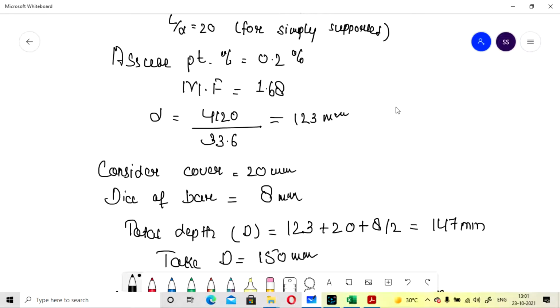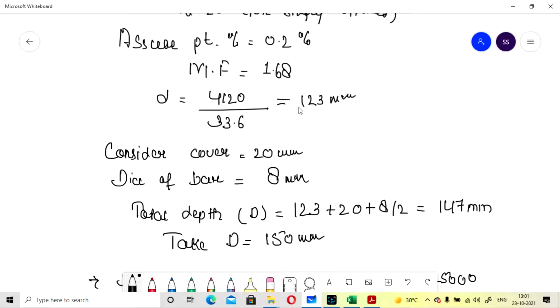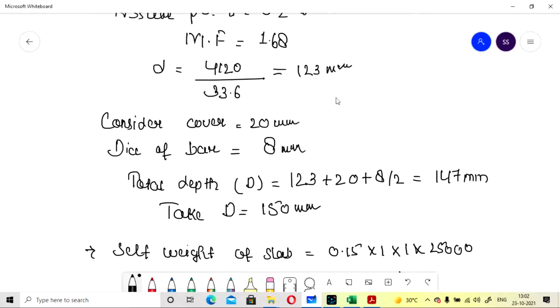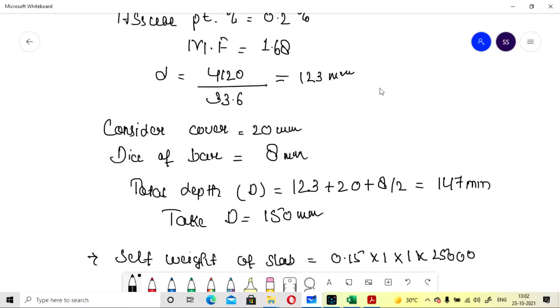If no value is given, you can go for the clear span, but this value will give you a safer slab design. That's why I have taken the effective depth as 120 mm for the slab, because we don't know the center to center distance, so we have to take the minimum of that value for the calculation of effective span, that is the center of our span from the